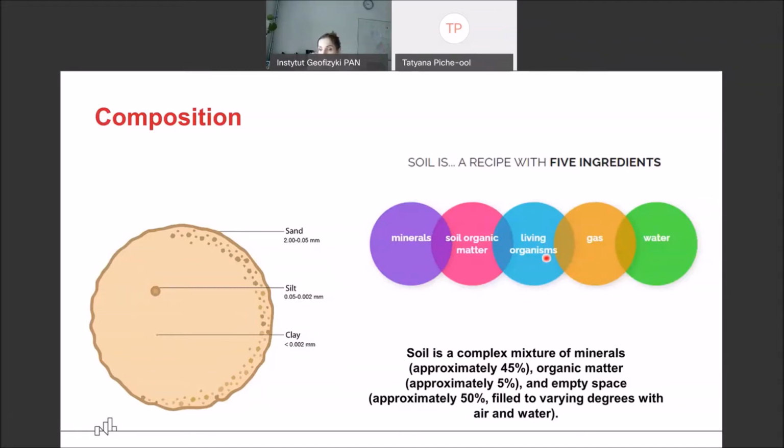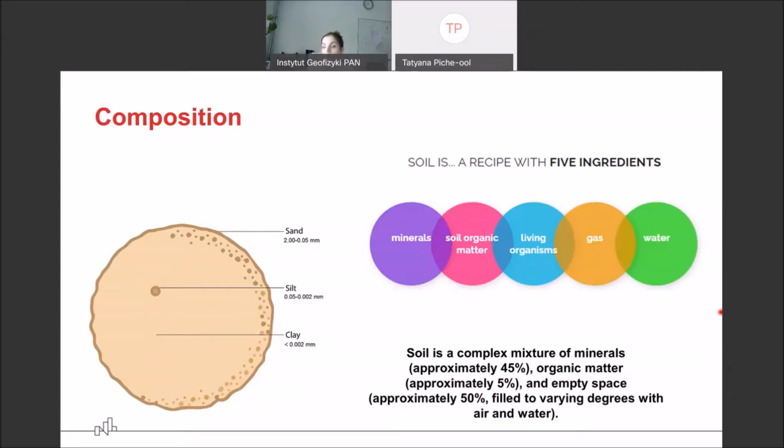Then about soil organic matter. These are plant, animal, and microbial residues, and they're decomposed or decomposing, so they're in various states of decomposition, and it's a very critical ingredient. And the percentage of soil organic matter is among the best indicators of soil quality, especially in terms of agricultural use of soils. So the more organic matter we have, the better soil we have to use to grow food, for example.